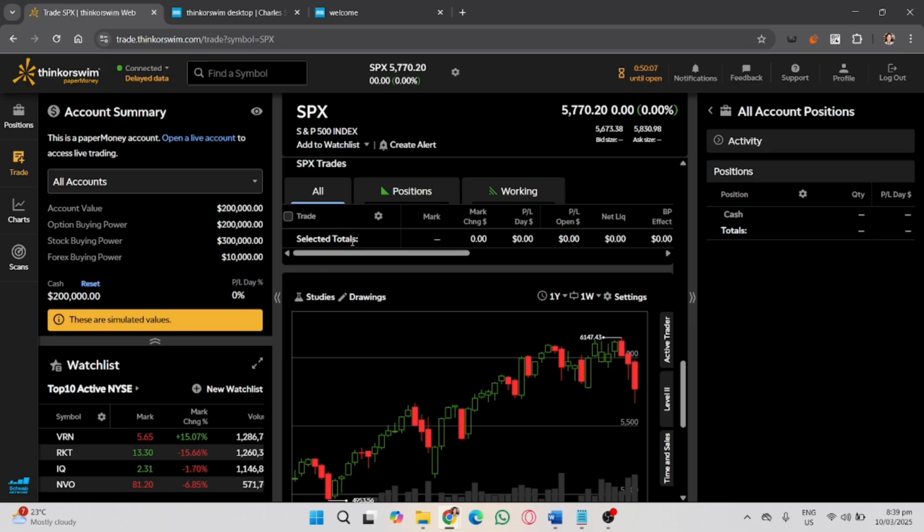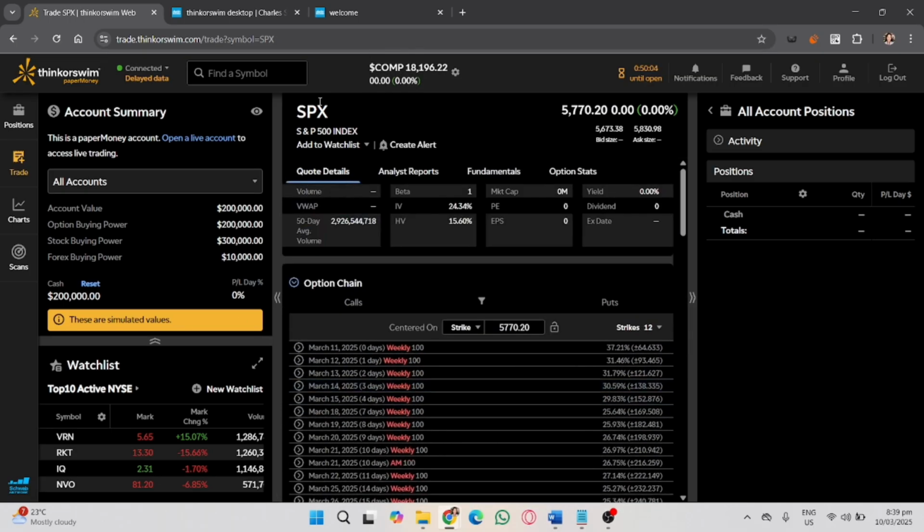So once you click the spread type drop down, you will see there the single option, the vertical option, the straddle or strangle option, the iron condor, the butterfly, and the custom. So for the single, you can buy or sell a single contract, and then for the vertical, you can call or put spreads, and then for the straddle or strangle, you can simultaneously buy and sell calls and puts, and then for the iron condor, this is the combination of spreads for range bound trades, and then for the butterfly, you can do multiple strike spreads for low risk trades, and then for the custom, you can manually select